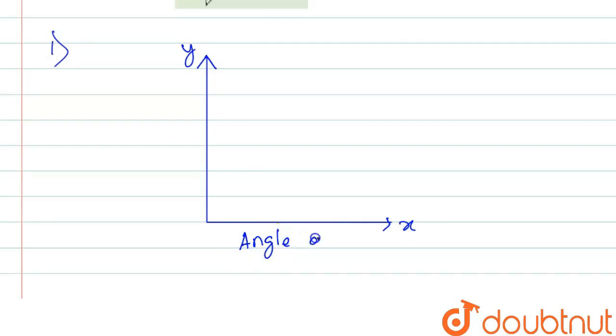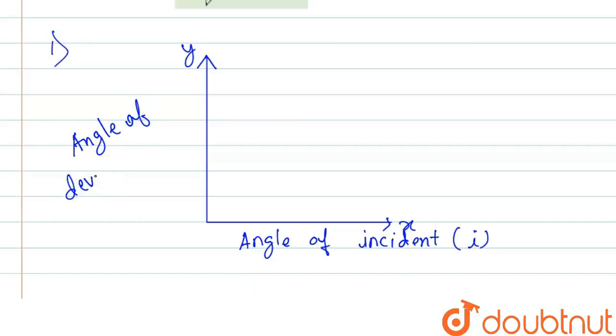angle of incidence, that is I, and the y-axis has the angle of deviation, which is delta or del. So the graph will be like this,